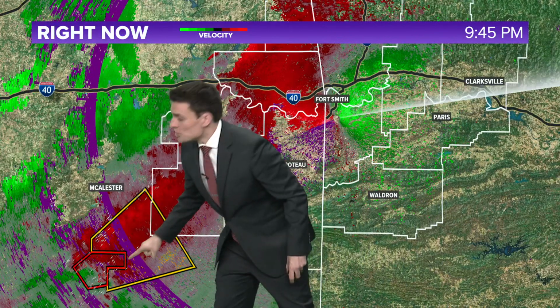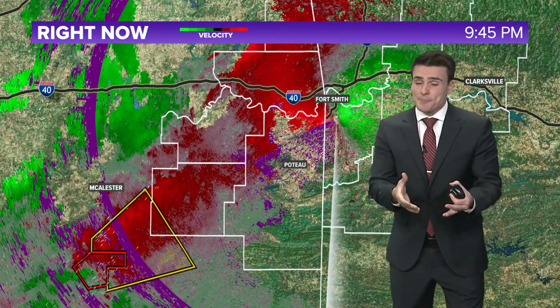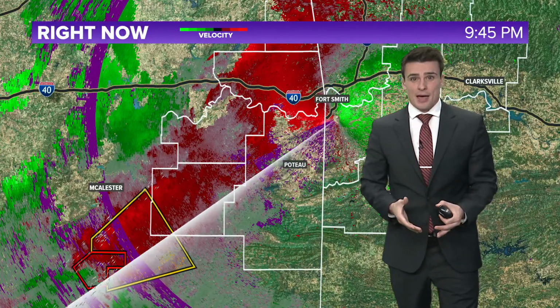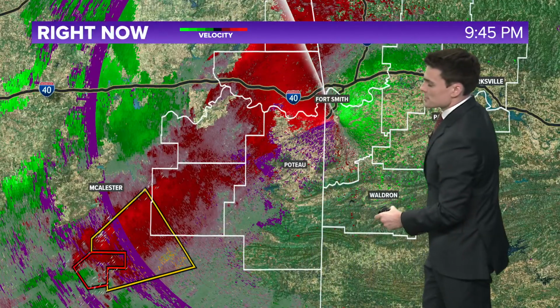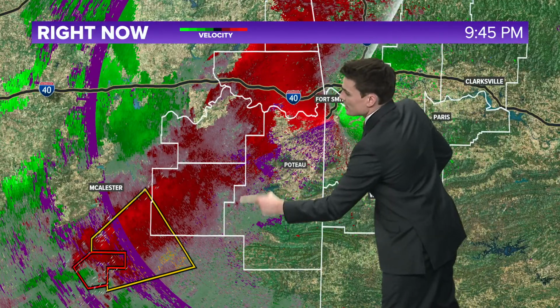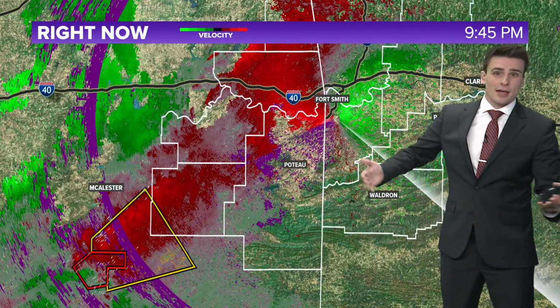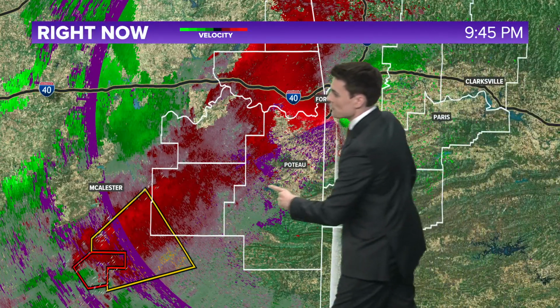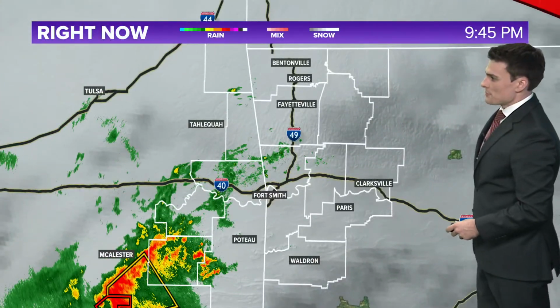The lightning generally means you've got some hail. The more lightning strikes you get, generally, the more hailstones are up in the atmosphere too. So this storm is going to pack a punch as it moves into parts of Haskell County, Latimer County, and southwestern Leflore County. Poteau, we've still got probably an hour or so before this storm really moves in. Some of the rain may move in first, but then that stronger storm will come in from the south and